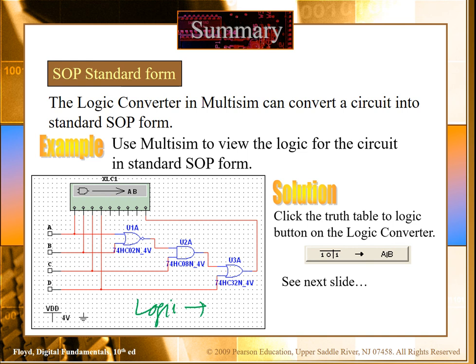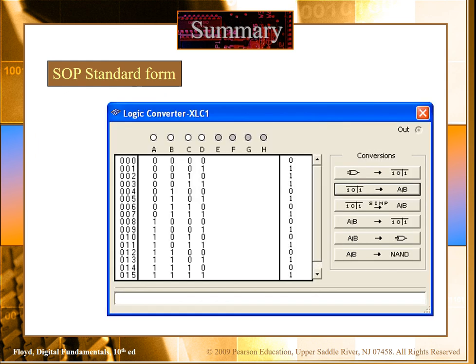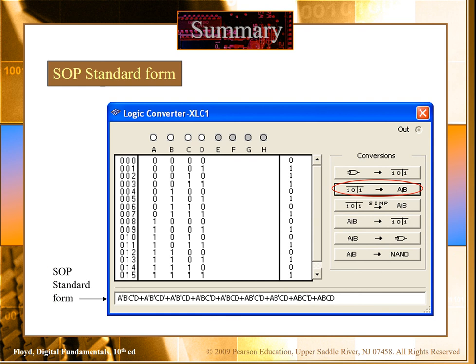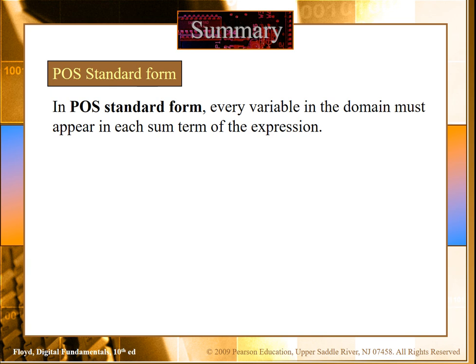So we learned that if we have the expression, we can make the logical circuit. But if we have the logical circuit, we can actually make its expression. We can also get its standardized sum of product and product of sum form using the software. So if this is the logical circuit, this is its standard sum of product form. We can quickly get it using the software. Then the product of sum.